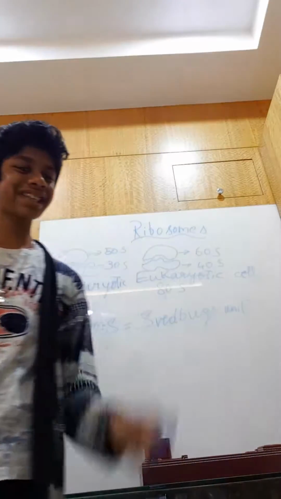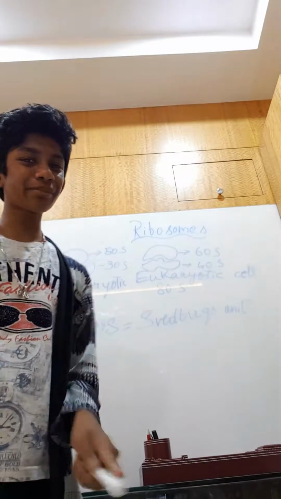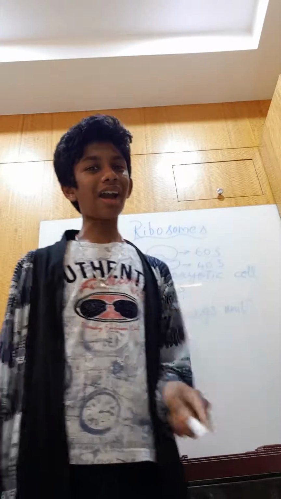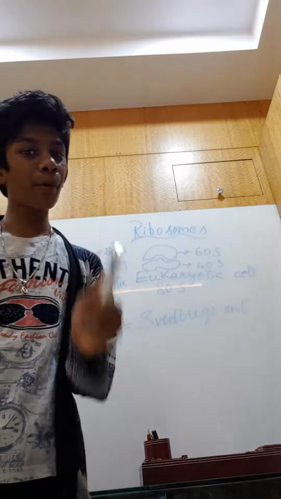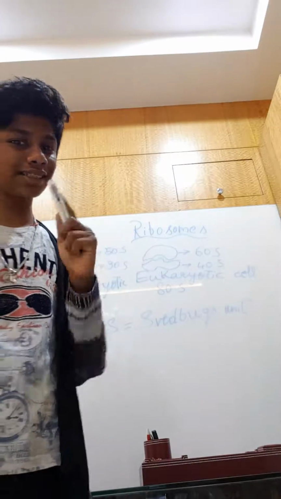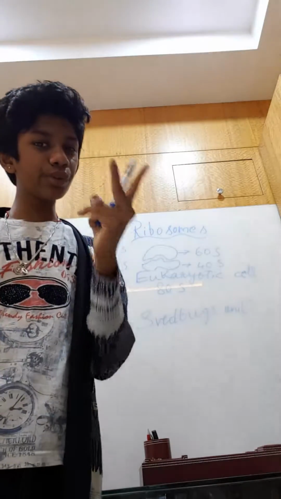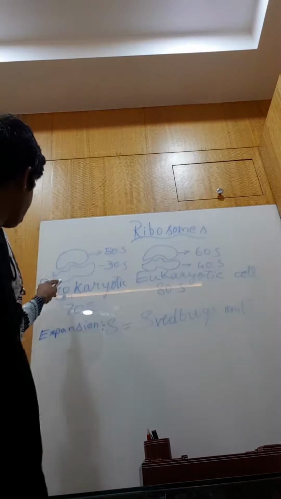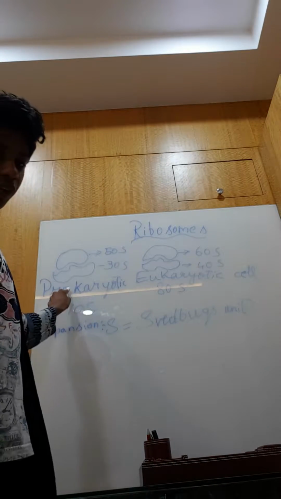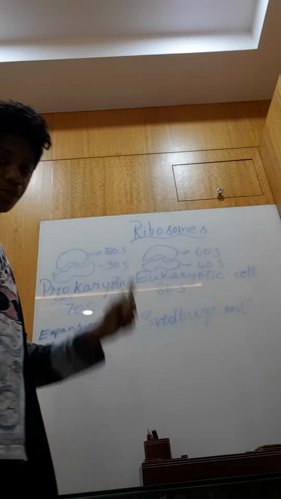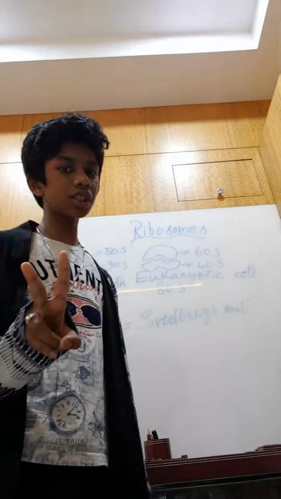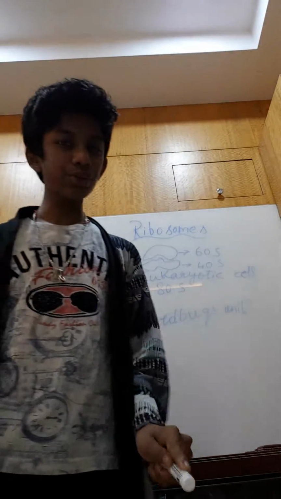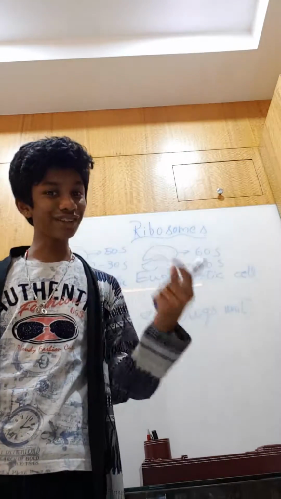Hi friends, today I'm gonna teach you about ribosomes. Ribosomes are one of the important organelles of the cells. It is present in two types of cells. Those two types of cells are eukaryotic and prokaryotic. Those two have such differences, and these ribosomes produce